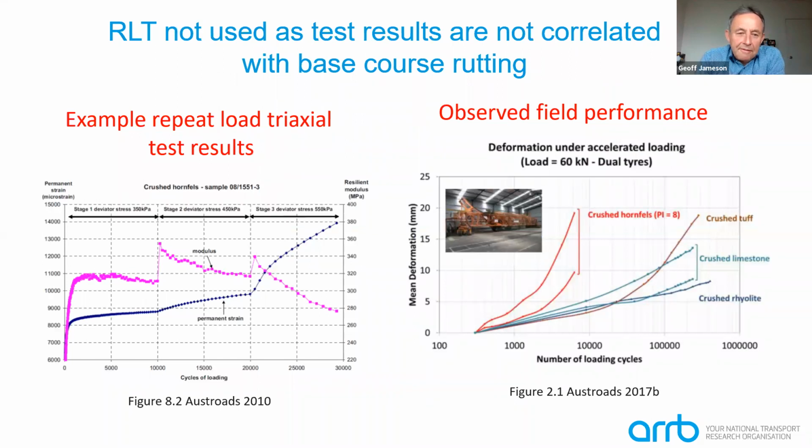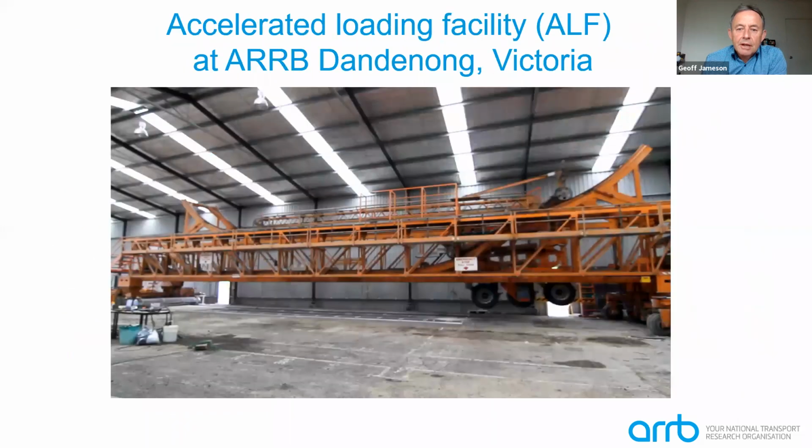But what we've found, when we've looked at how the permanent strain results that we measure in the repeat load test compare with the performance of materials, is that it doesn't correlate well and doesn't provide a good means of ranking the performance of different materials. And we've done that sort of testing